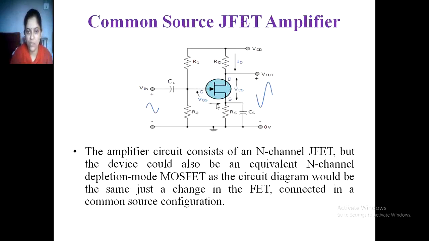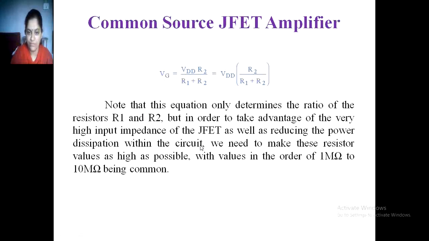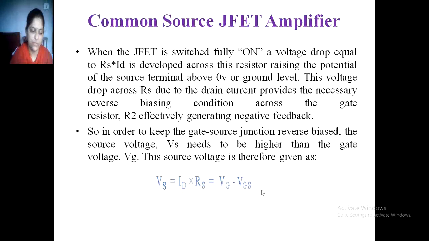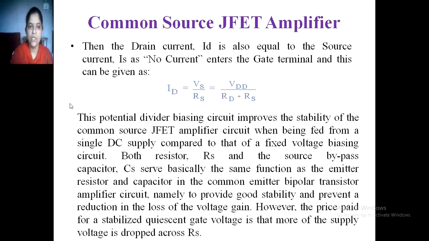So this Vg is calculated according to Id into Rs. That is nothing but the potential difference between Vg minus Vgs. Then the drain current Id is also equal to the source current, since no current enters the gate terminal, and this can be given as Id is equal to Vs divided by Rs. So Vs is nothing but equal to VDD, and Rs is nothing but the series resistance of